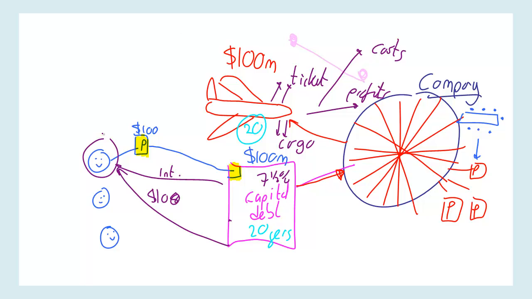Now, if you decide to get your money back early, you can offer the bond back to the company and say, give me $100 early, and they'll usually say no, go away. And again, you can just sell that bond on to someone else, and that person then takes over that bit of debt. They'll have a legal secure claim to regular interest payments, and the $100 back. Whoever's holding the piece of paper after 20 years gets the $100 back.